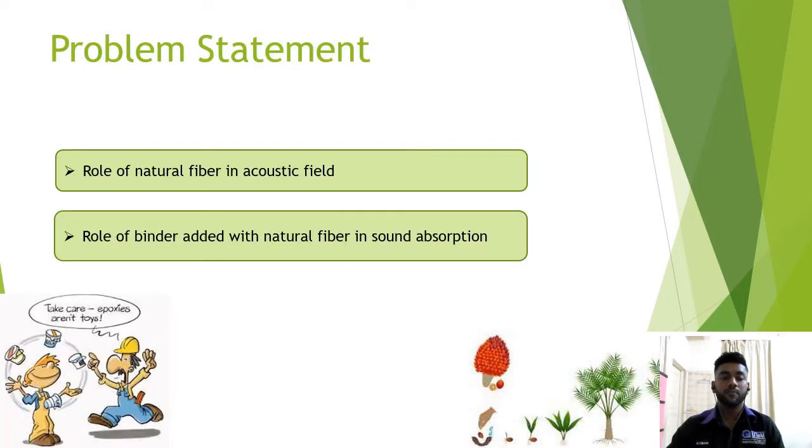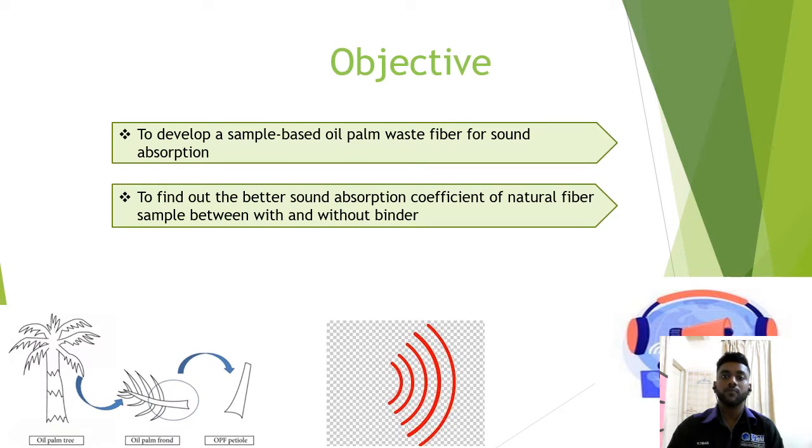Problem statement for the project is: first, role of natural fiber in acoustic field. Secondly, role of binder added with natural fiber in sound absorption. The objective of the project is to develop a sample-based oil palm waste fiber for sound absorption. This is mainly about creating or preparing a sample from oil palm waste to test in purpose of finding out